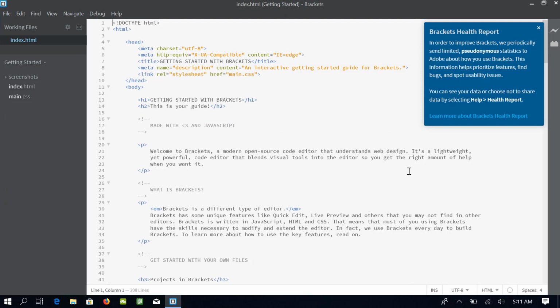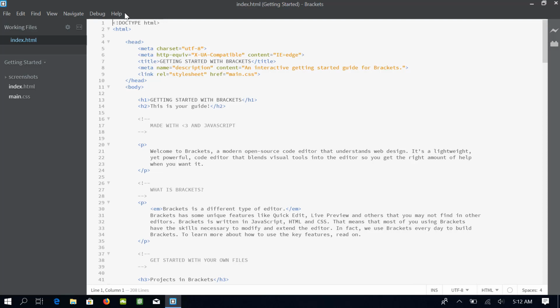Okay, this is the main interface of the Brackets code editor. On our left side, we have this sidebar, which lists our directory structure and the files. On the right side, we have this main work area where we can open our files and make changes in them. This health report, which you will see only once, tells you that Brackets will also be collecting some information about its use. I do not want Brackets to collect and share this information, so I will change the default settings. First, let me close this health report.